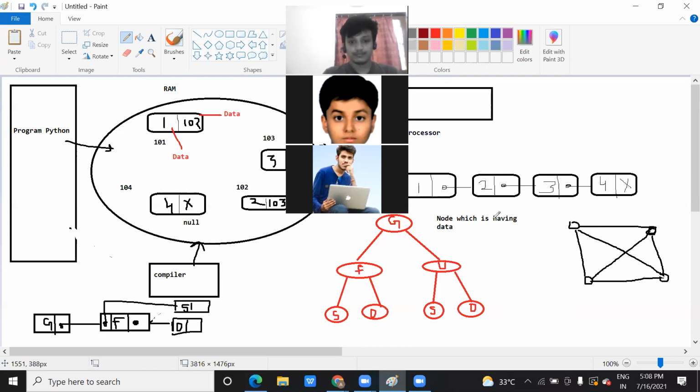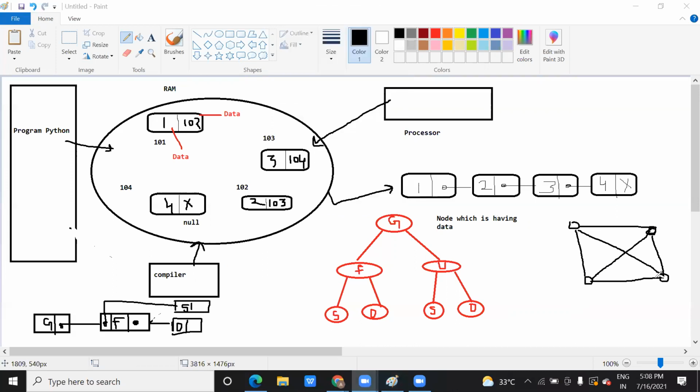What is graph data structure? It means data is represented in the form of a graph. In which scenario will it be useful? Suppose you are in Delhi and you want to move to Dehradun, or Jammu Kashmir. There is one way of going to Rajasthan also, and another way to UP. These are the nodes. What data are they holding? This node represents Delhi, and these circles represent Jammu Kashmir, Rajasthan, and UP.